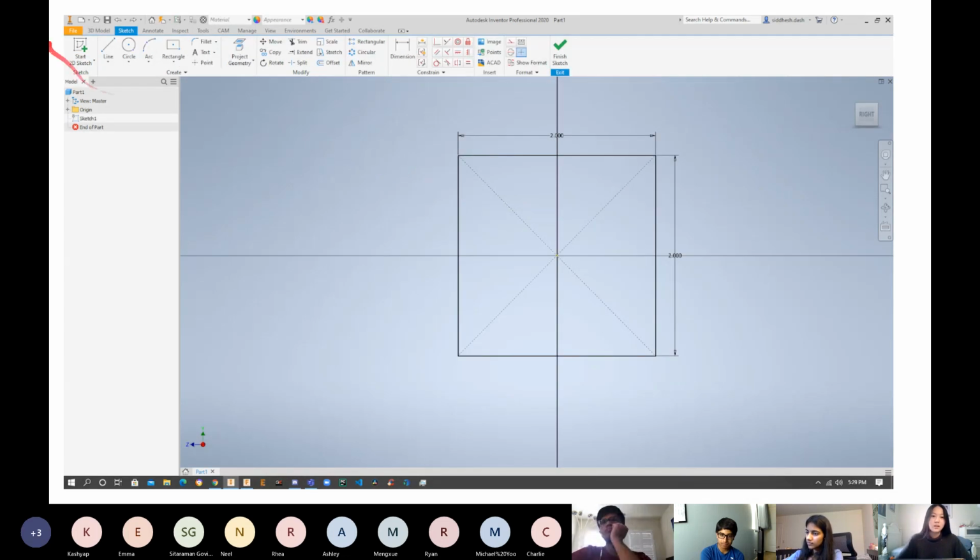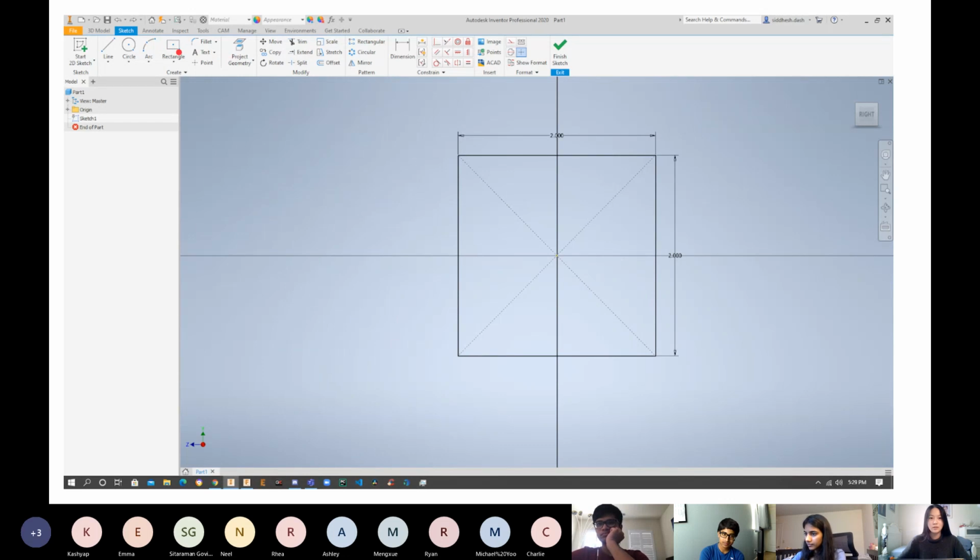There are 4 different tools here. There's the line tool, which makes lines. There's a circle tool that makes circles. There's an arc tool that makes arcs, and there's a rectangle tool that makes rectangles. And there's a drop-down tab here. I don't have a photo of all the different options, but for example, there's this one up here, which is